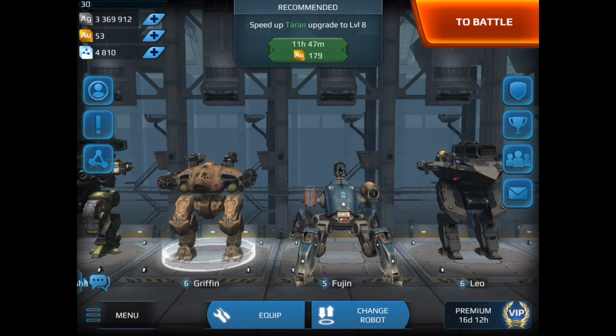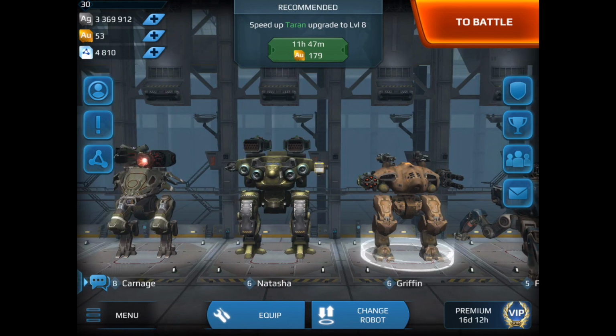So I'm going to play a game with these FrankenBots and see how it goes. I'm going to try to play like people at this level that just walk out and think that because they have a Fujin that it's really powerful, or that they got this Leo. The one that throws me off a lot is this Natasha with double Thunders and other stuff. I mean, it is such a slow robot